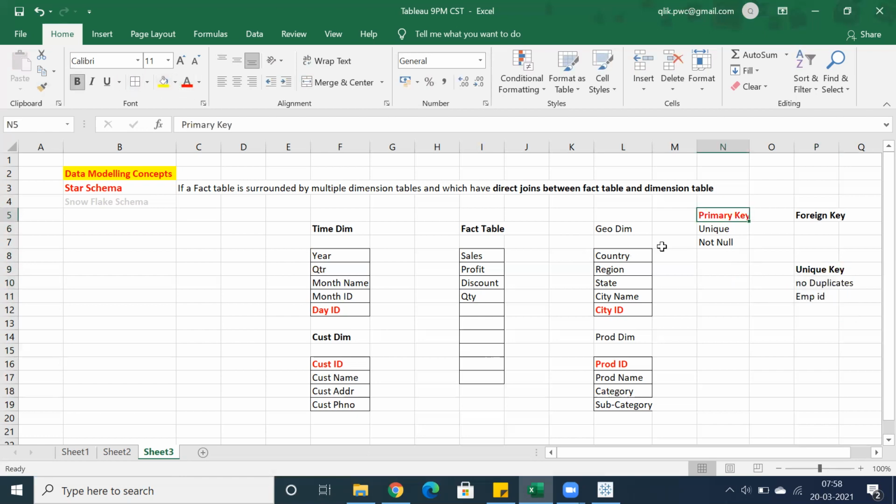I'm going to explain related information regarding primary key, a perfect example whenever we are working on Tableau, loading the data, which is incremental refresh. I'll showcase the importance of primary key. But primary key is unique and it is not null. So it is not going to allow null values. Remember that.